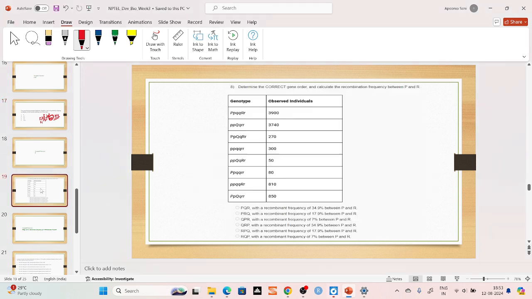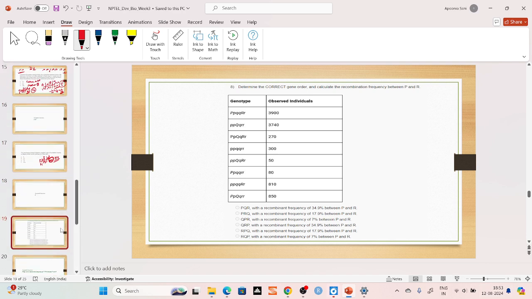Okay, anyways, so now this is a very big question. It might take a while for you. But it's a very important question. Why is it important? Because this question is very important for your competitive, per se also quantitative competition exams point of view also. These kinds of questions are frequently asked to find the recombination frequency or to find the gene order. So the question says,